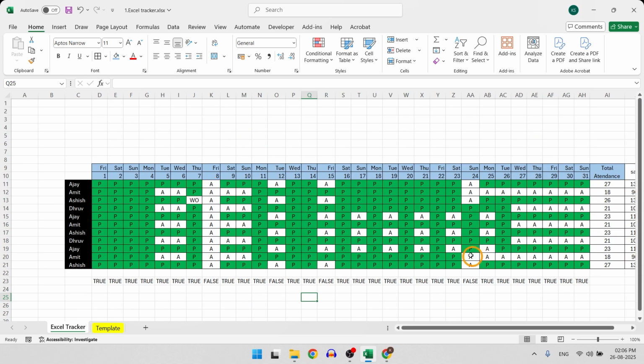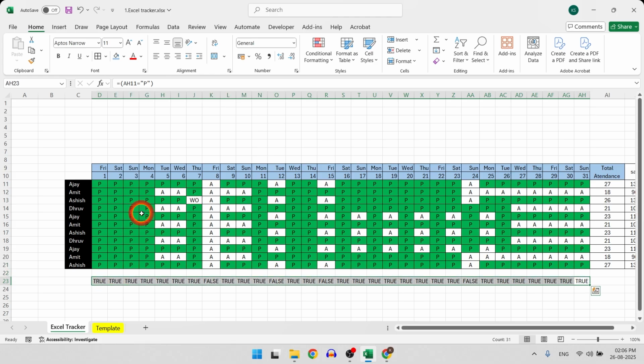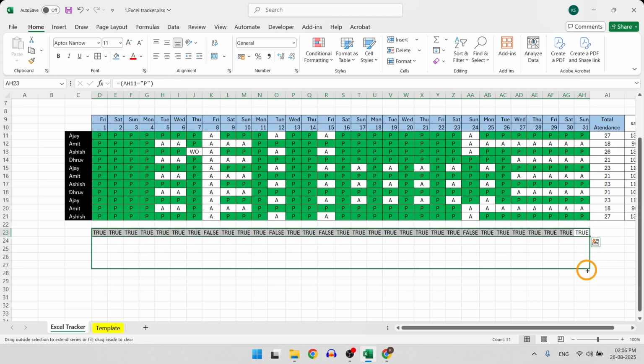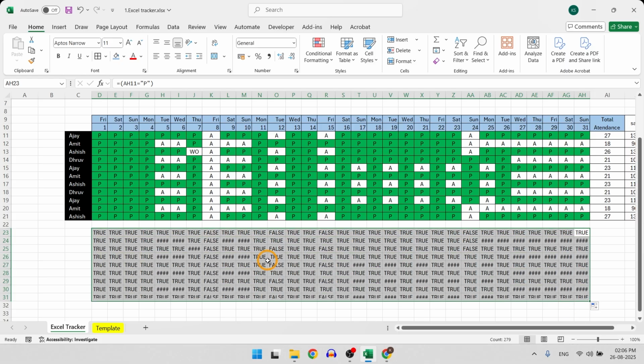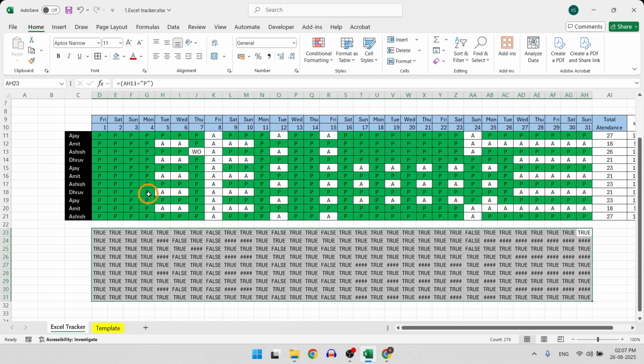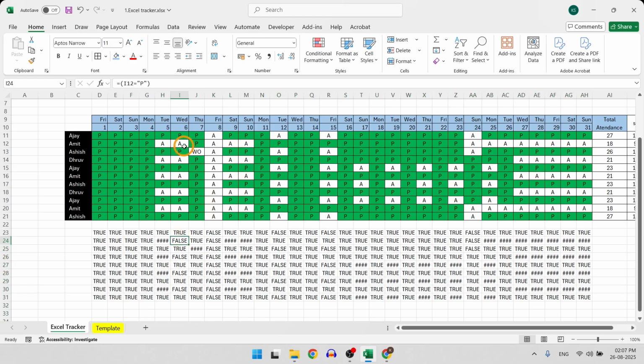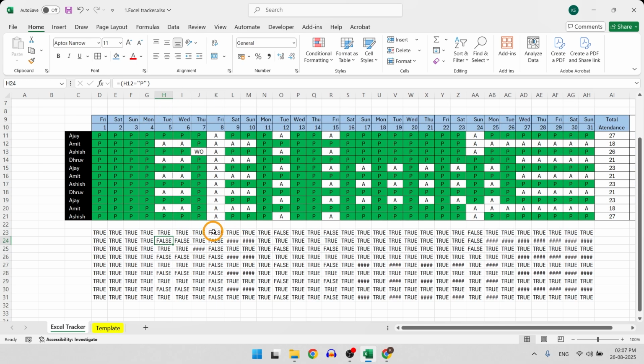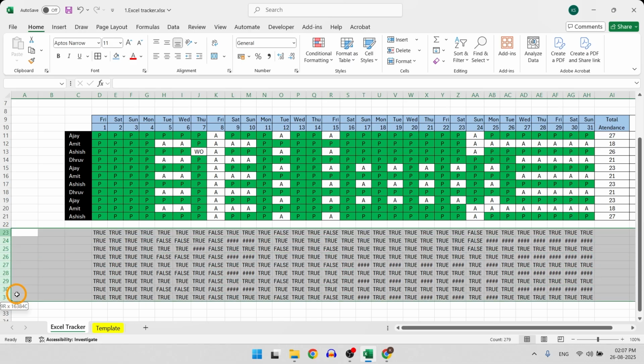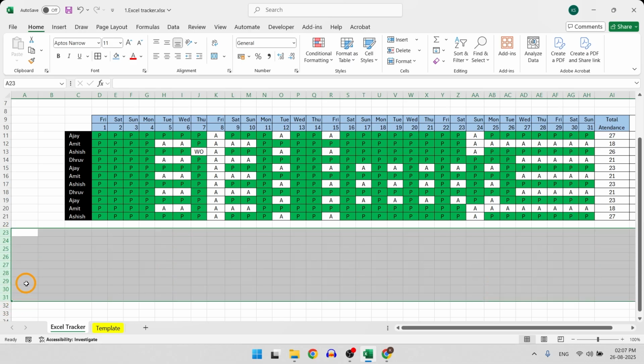So if I select this range and drag it down, this mimics the behavior and converts the whole range into a matrix of true and false. And this exact matrix is used to apply the conditional formatting. Wherever it has mapped true, the conditional formatting will be applied, and wherever the formula has evaluated to false, the formatting will not be applied. So that's exactly how a formula works in conditional formatting.